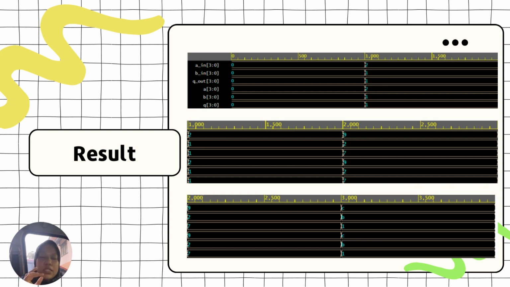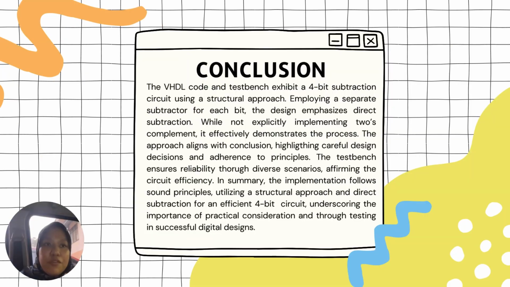Input A is 1100, B is 1011. The expected result is 0101. The test checks the subtractor's ability to handle the situation where the result is negative, and it also checks if borrow handling is correct. Lastly, for the conclusion of the 4-bit subtraction, the VHDL code and test bench exhibit a